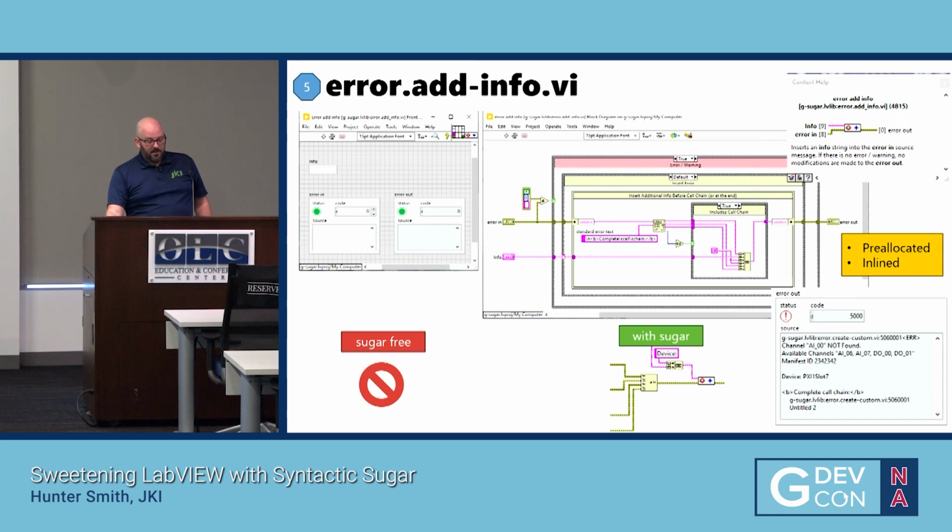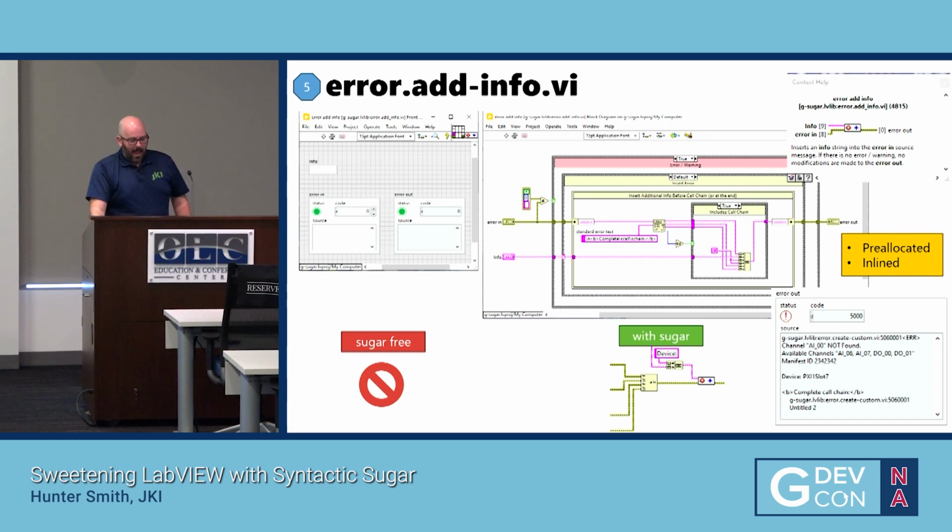If it's anything other than the default, including warnings, and if your string is blank, because there are cases where I call this and I don't know the device name, so I don't want to append anything. If both of those are true, we find the call chain by regex and then inject it in between. You can see here it adds that string between a set of new lines so that we get a nice